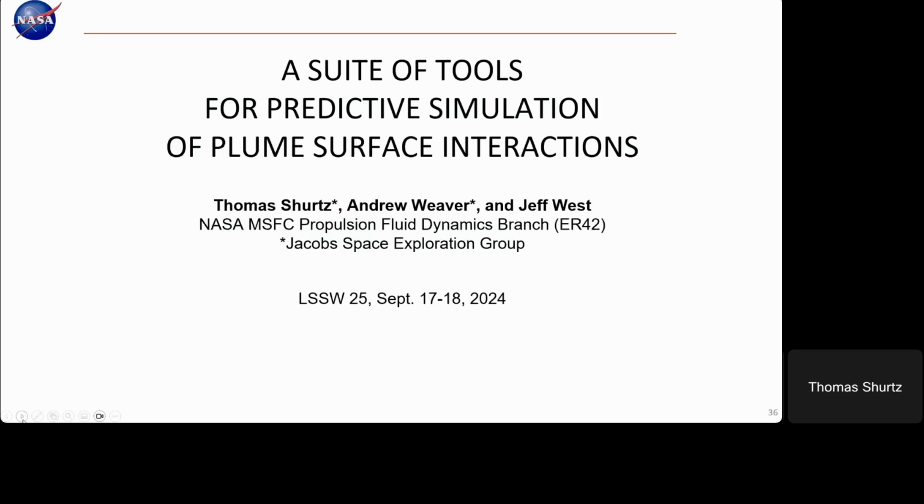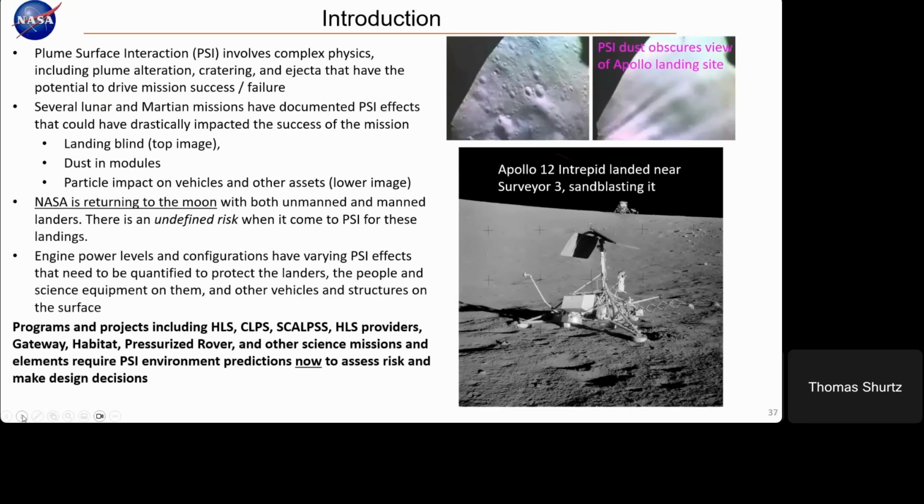So due to the limited presentation time, I'm going to jump right into it. All those bullets on the left here are stuff we're all by now familiar with. The reason why we're all here, we understand that PSI poses risks to missions. And if you advance or click once, my focus here is going to be on the fact that